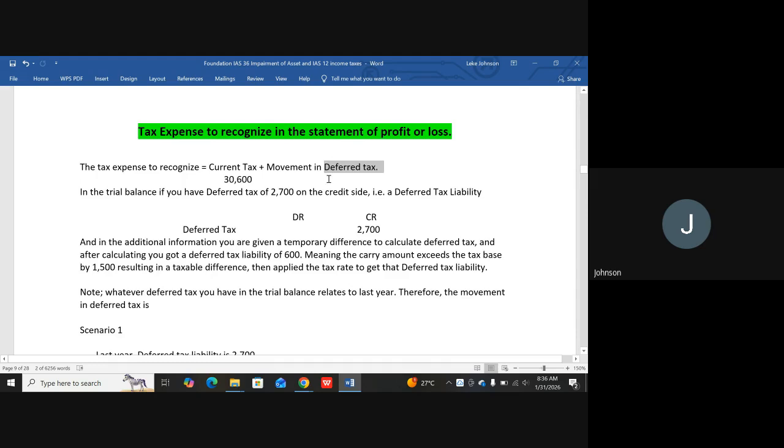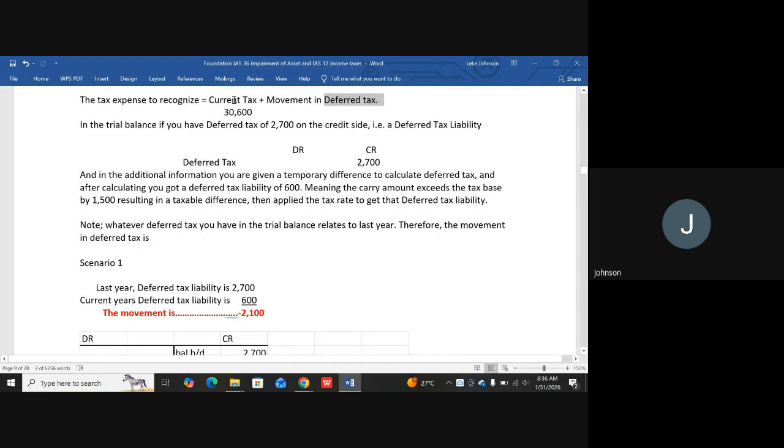So let's now continue. Let's assume we are trying to get the current tax. How do we get it? We simply say, let's assume our tax rate is actually 30%. Our tax rate is 30%, right? So if our tax rate is 30%, what do we have as our